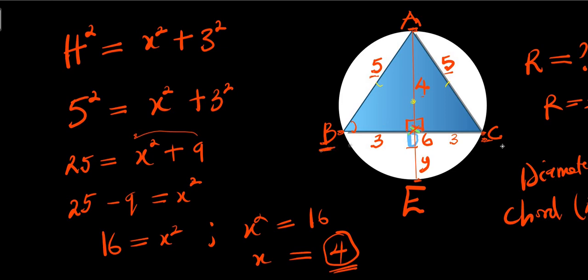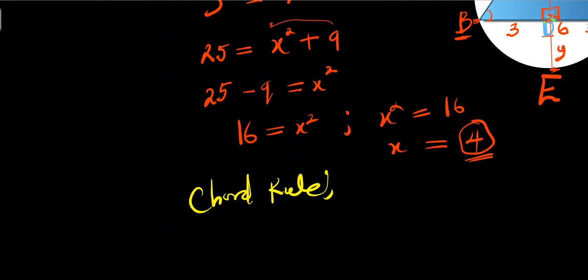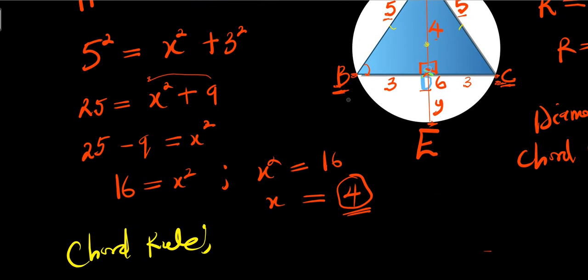Remember I said BC is a chord, AE is a diameter and also a chord. But these two chords meet at this particular point here, which is D. Now, because they meet at this point, there is a chord rule that we can use to equate them. This chord rule states that this segment BD, which is the line segment of this chord BC, times this other segment, which is DC, equals